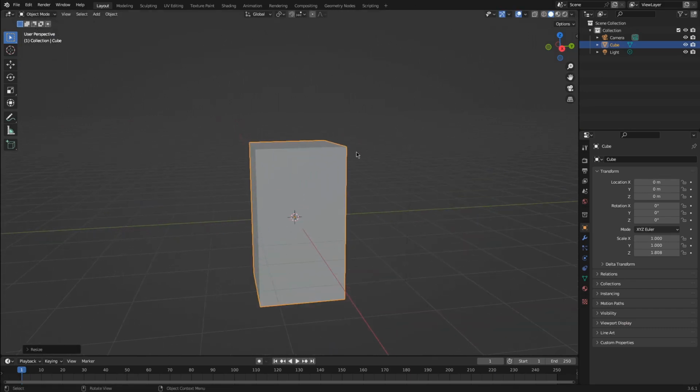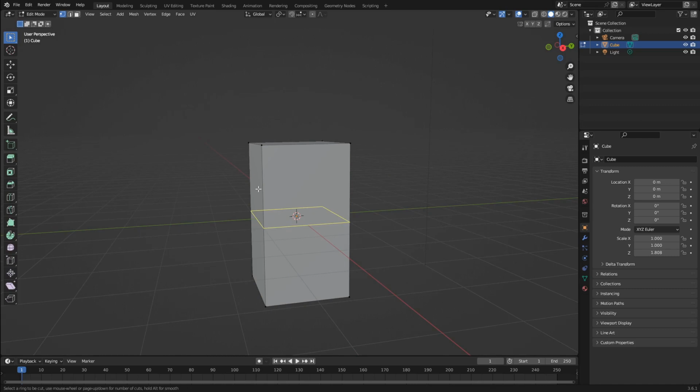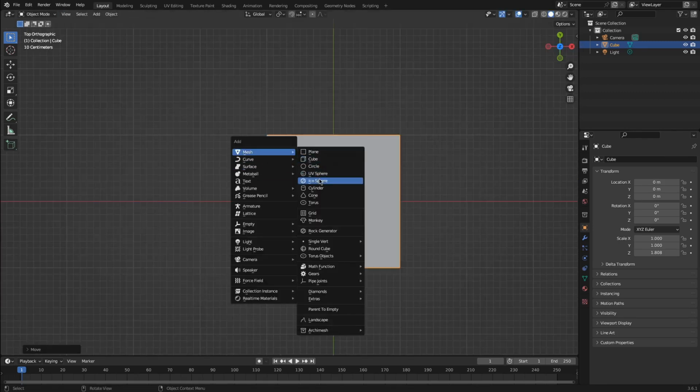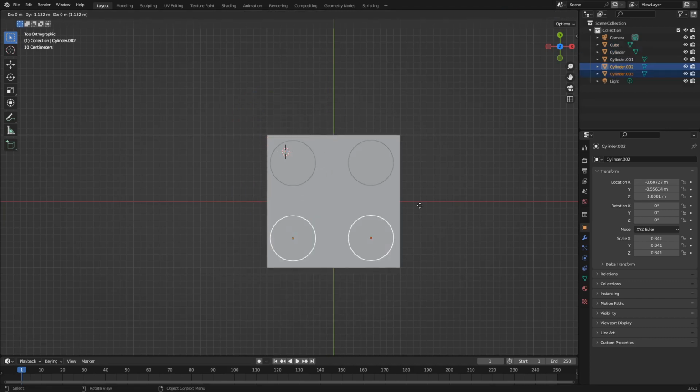I just scaled the cube on the Z-axis, gave it a loop cut around the top, beveled it, extruded it out, scaled it inwards to make the overhang. After that, I worked on the holes. I just made some cylinders, added them to the top, to the sides, stuff like that,